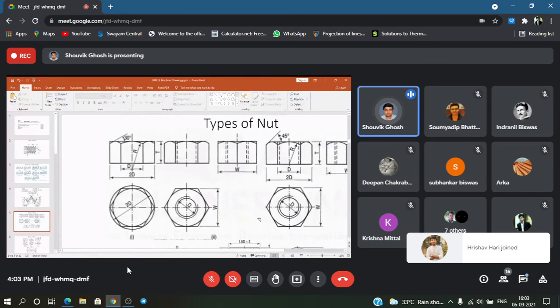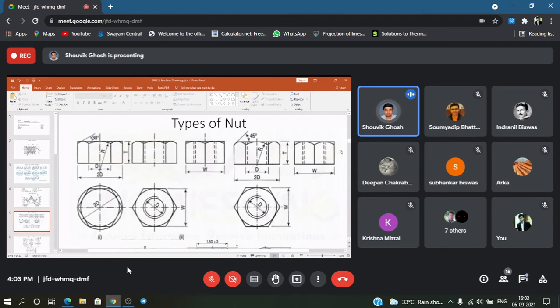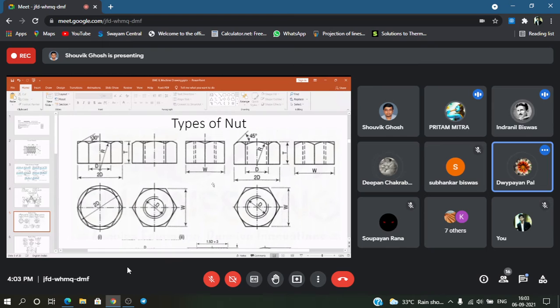Okay, so what we see here is the hexagonal nut. Have any one of you seen a nut in practical? হাতে ধরে কোনোদিন নাট দেখেছো বাড়িতে বা কোথাও? হ্যাঁ স্যার। সাইকেল তো আছেই। Yes, বাড়িতে। ইয়েস স্যার।